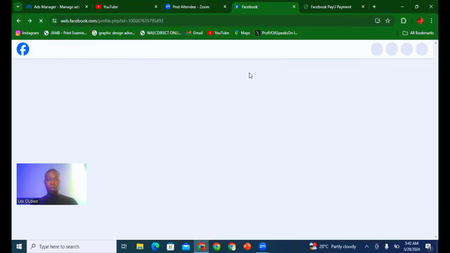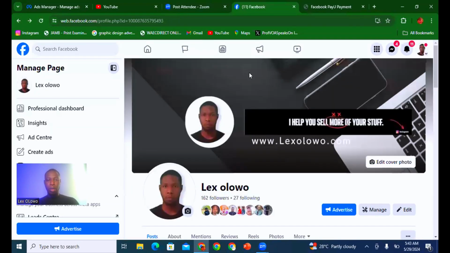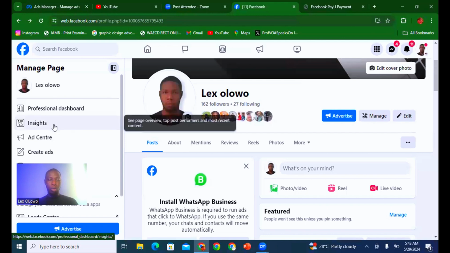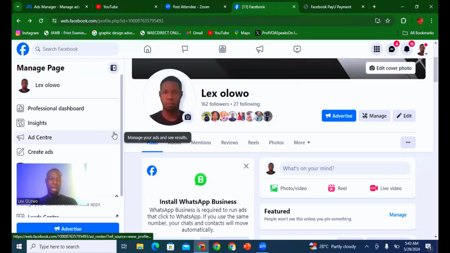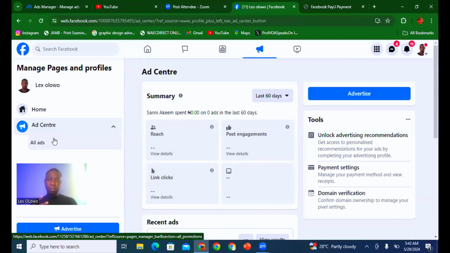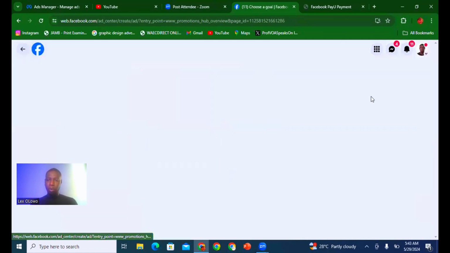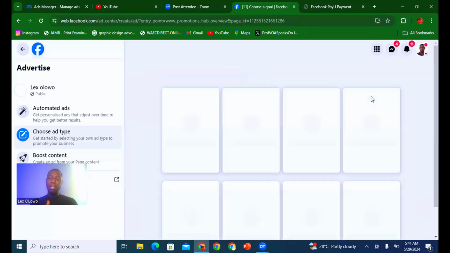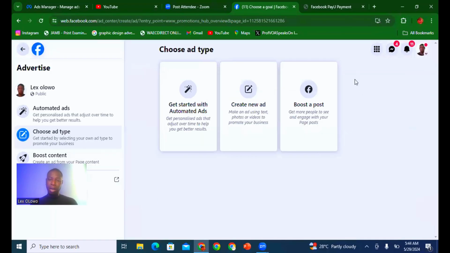Okay. So let's quickly look at the other options that we just saw. I talked to you about the ad center, so let's check out what the ad center looks like. If you click on the ad center, it's a bit similar to boosting a post, but the only difference is using the ad center. Once you click on advertise, it's going to open up, and if it's connected to Instagram, you're going to see Instagram here, and you can boost a Facebook post, you can boost an Instagram post, you can create a new ad